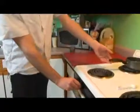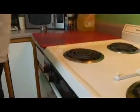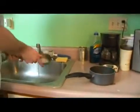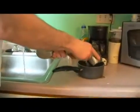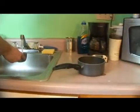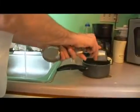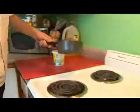Alright, we're going to start with our rice first because that's going to take us the longest to make. So we're going to make a vegetable stock. We're going to turn our burner up to about 5. And then we're going to come over and we're going to pour in 2 cups of hot water. I'm going to bring this back to the burner,